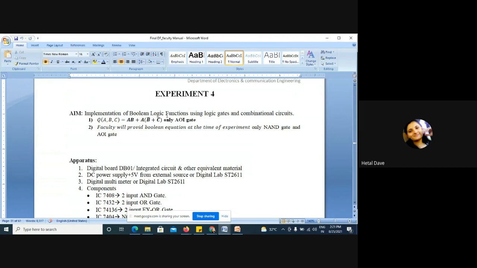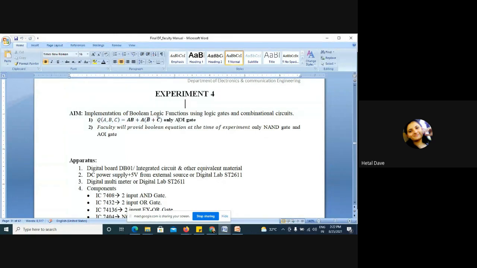After I explain all this, you will take pen and book, and you will write the truth table of this 4.1. We will discuss 4.2 later on. Right now we are discussing Q(A,B,C) = AB + AB̄ + C̄. We are discussing 4.1 only.